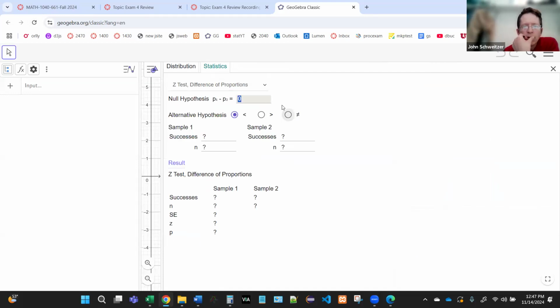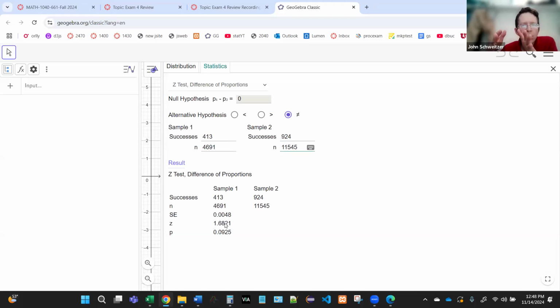The null is that there's no difference. The alternative here is that there's a difference, so it's a two-tailed test, right? I'm going to use Oregon for my first sample. There were 413 out of 4,691. Then for California, 924 out of 11,545. Okay, so we see our z-score of 1.68.